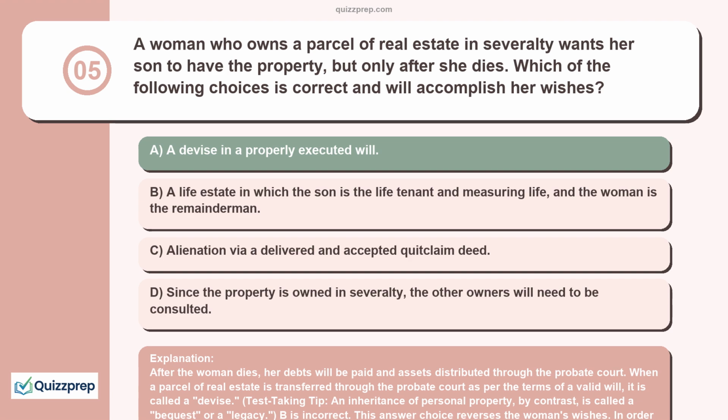An estate in severalty, aka a tenancy in severalty, is ownership by one person. When a parcel of real estate is owned in severalty, there are no other owners to consult. Test-taking tip: one person, one corporation, one governmental entity, one trust, one partnership can all own real estate in severalty. As long as there is only one owner, that is an estate in severalty. Examiners like to test this because of the word several in severalty.